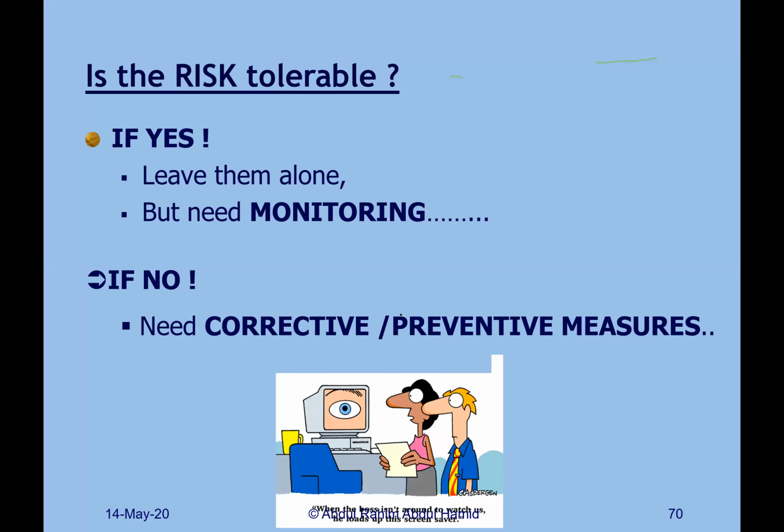Okay. The issue is that once you calculate, you need to ask, is the risk tolerable? Tolerable means maybe it is low or very low. When they are low, meaning to say they are not in an urgent situation that you need to do something. Okay, you can leave that thing alone, but then you need to monitor, because the risk can grow bigger and bigger by the days. You never know. They keep changing. Okay, so perhaps you don't do anything yet because it's still not a priority.